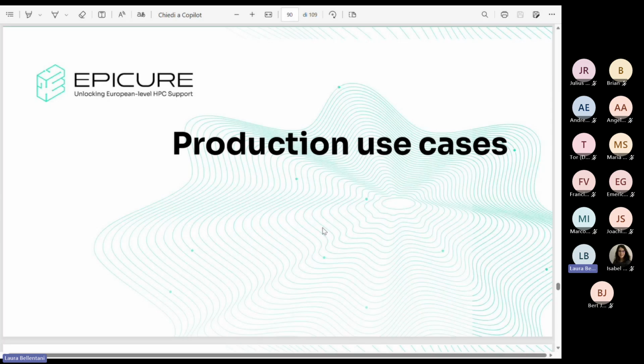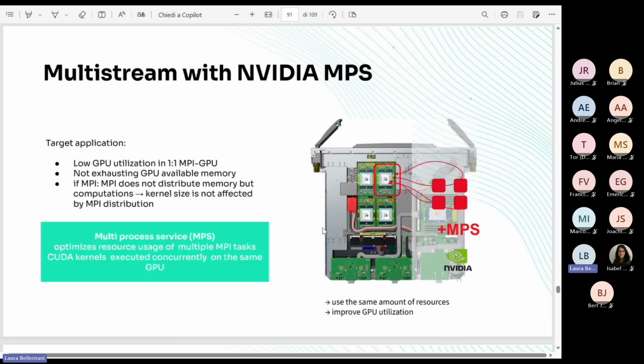Now, I want to conclude this presentation with some examples of usage of Nsight Systems in production use cases. In this case, we were working on an application, TurboRVB, which implements quantum Monte Carlo simulation. This simulation can distribute computation among many MPI tasks. So a typical production use case offloaded to GPUs uses 64 nodes with 4 GPUs each.